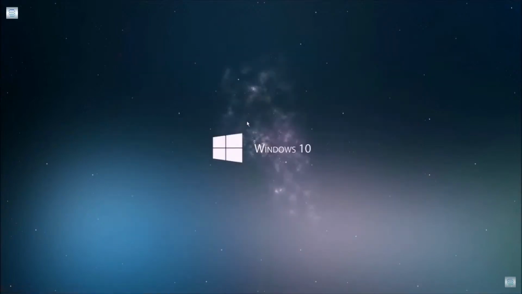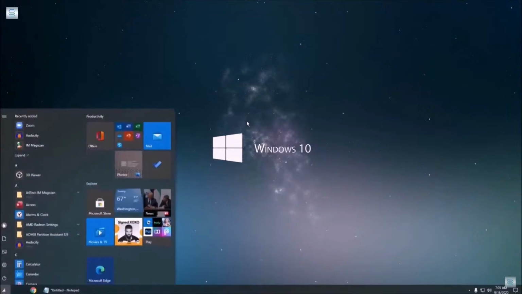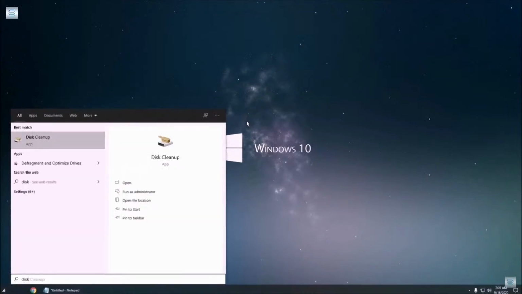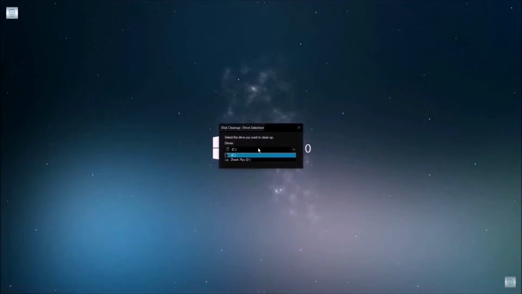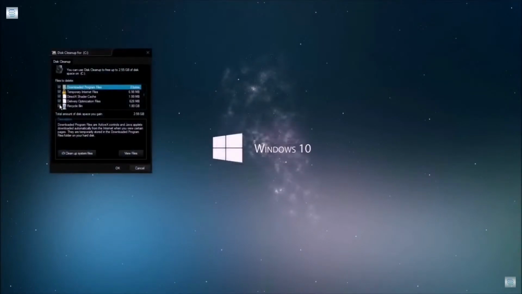Now moving on to our next step, go to Windows or the Start menu and type disk. Now you'll see disk cleanup, just select on that. Make sure that it has selected the drive C where all our files, temp, and history are stored. Hit OK and make sure to check all the boxes that you see, because after performing all those steps in